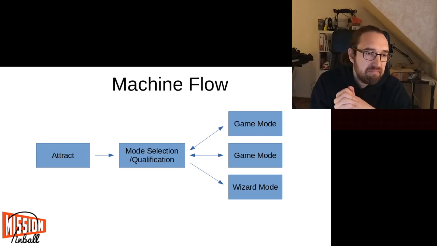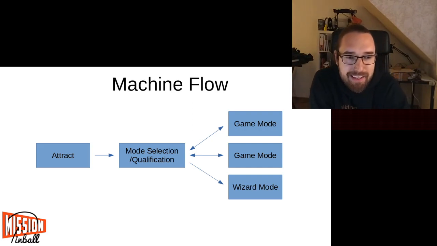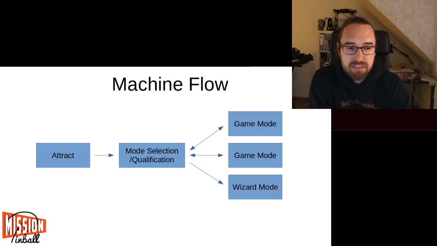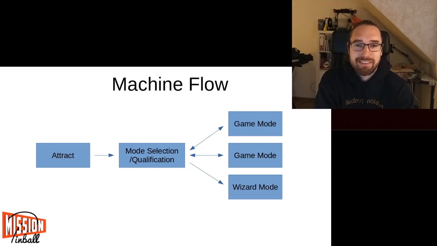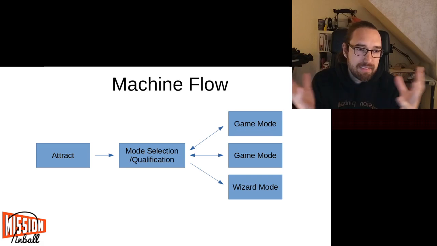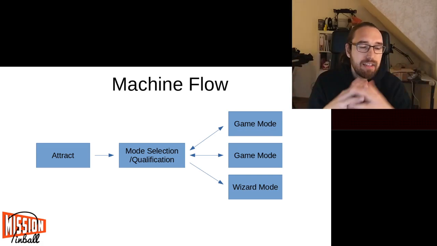I would say around 6 to 8 modes. And then you reach some kind of wizard mode, which is, I mean, just another game mode, but it has a fancy name. Technically it works the same. A lot of machines even go back from the wizard mode to the mode selection, and then the game starts over. Some machines, like DNA, end, and I guess there are a few more which end,